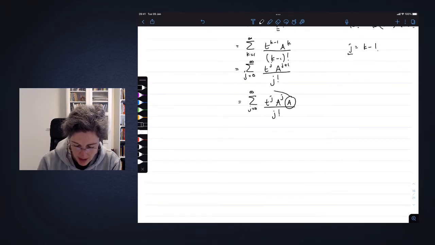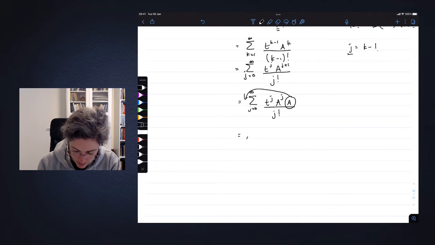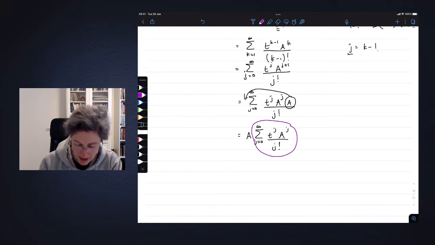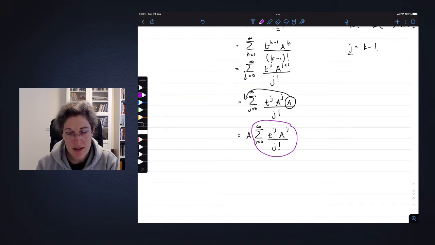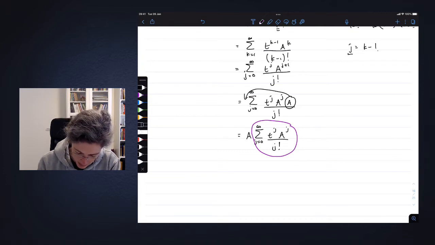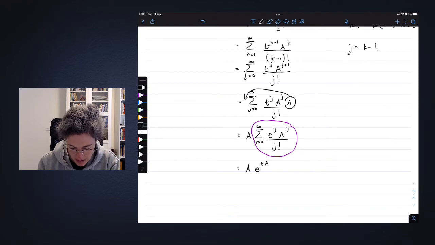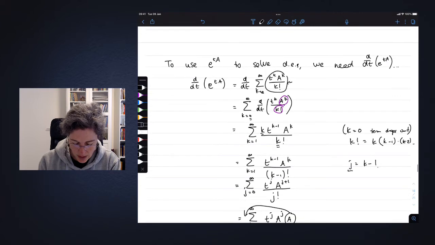So I can pull this a out, and then what I end up with is a times the sum. But this sum, although it has j's instead of k's, is exactly what we use to define e to the ta. So what we've ended up with is that this is equal to a times e to the t times a. So we did all that work to just show that the derivative of e to the ta